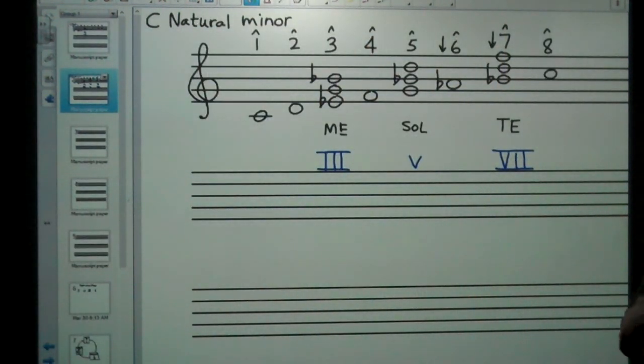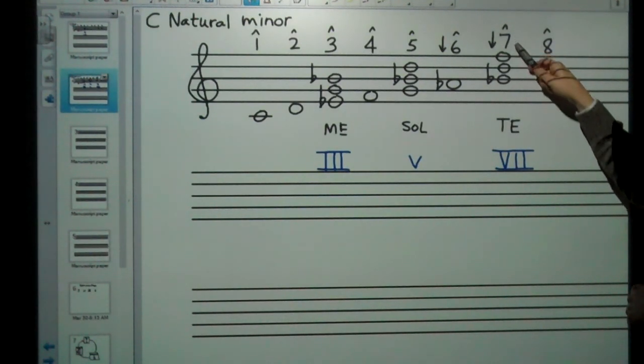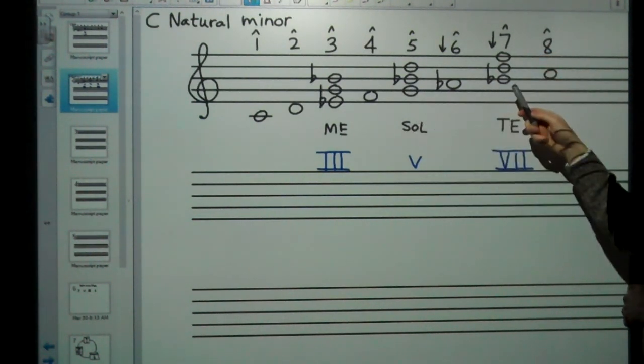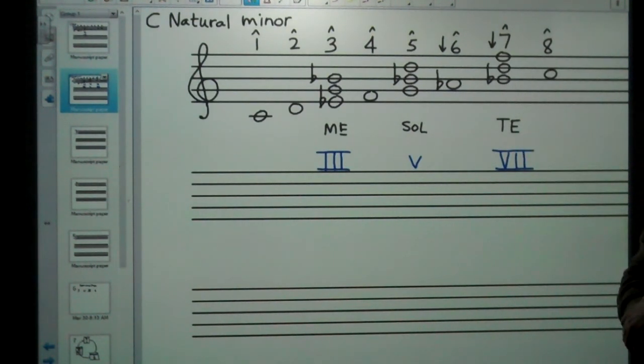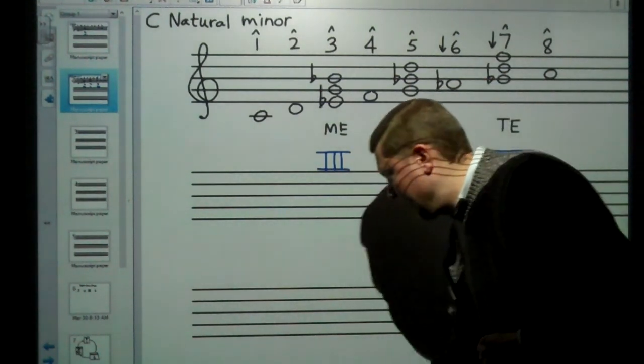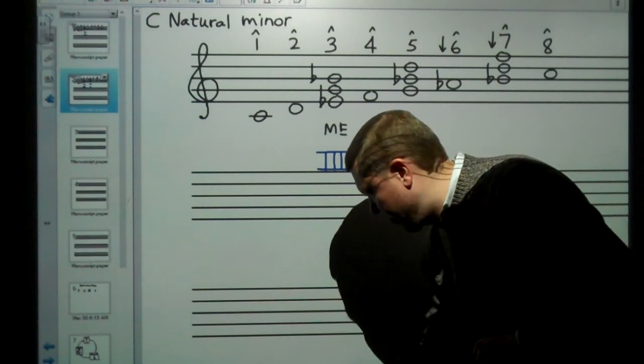Finally, the other rare or less common chord that we can get from the notes of the natural minor scale is the major 7 chord. Now, this chord on scale degree 7 is major because I have used lowered scale degree 7 as the chord's root. In this key of C minor, I've used B flat as the root, not the leading tone of B natural. Okay. If I use the leading tone B natural, I would get our typical diminished 7 chord,